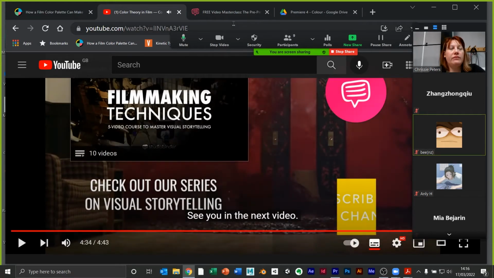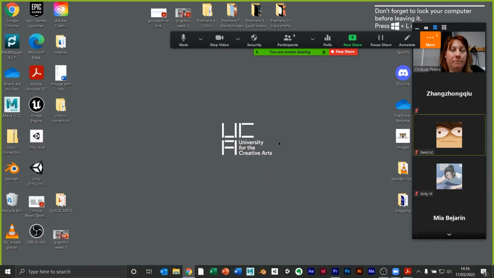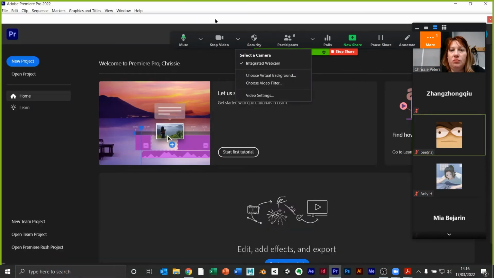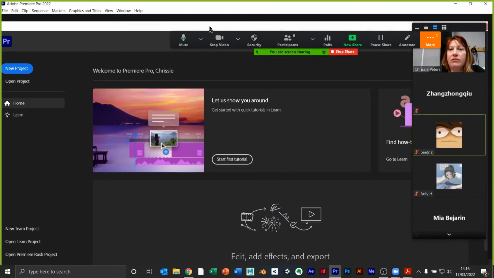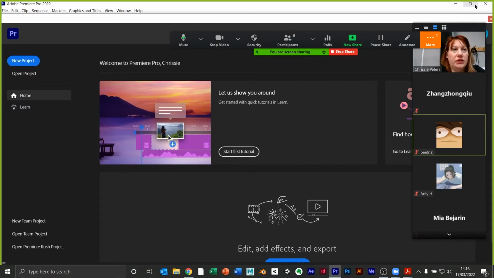Okay, so I hope that just gave you a little bit of context to the whole idea of colour in film. So I'm going to move into Premiere. I've downloaded my folders of